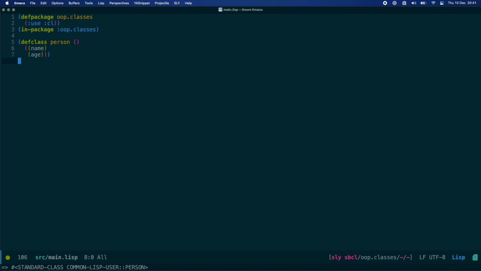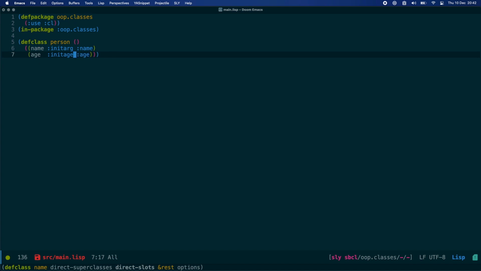We can split these slots up into individual things here, but again, this is still not enough. What we actually need to do is be able to give these slots some values when we create them. So we need to do